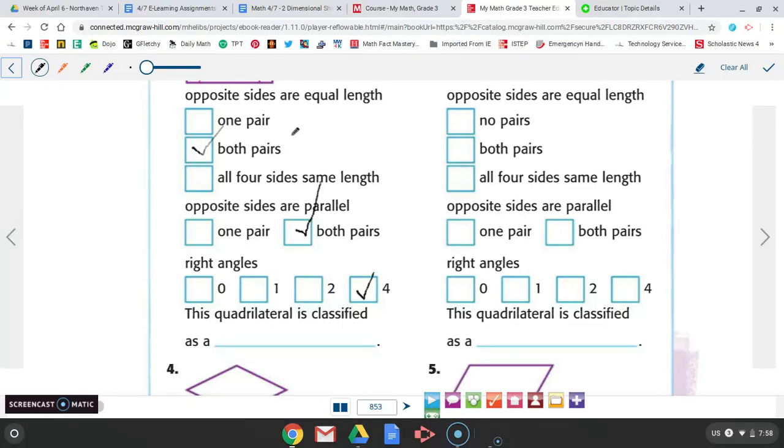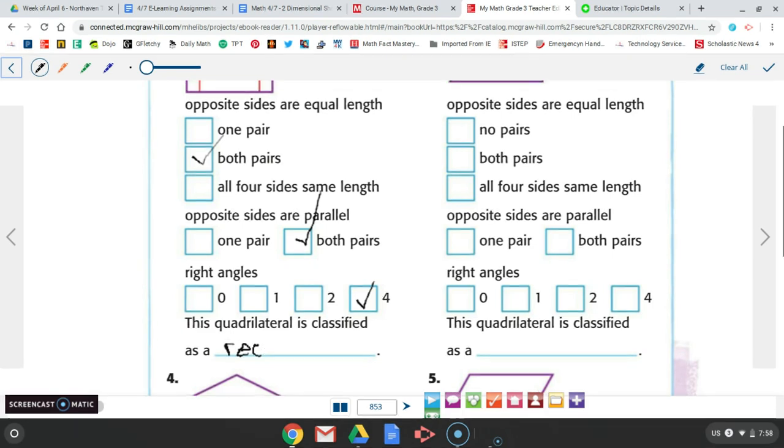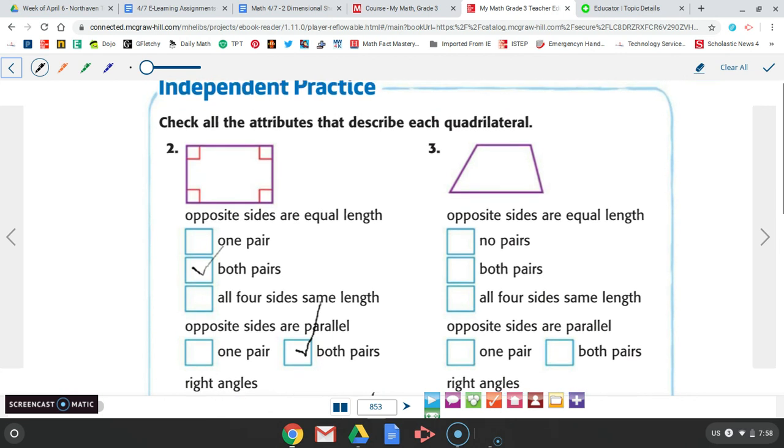So since it has 2 pairs of opposite sides that are equal, both pairs are parallel, and it has 4 right angles, I would call this a rectangle. Okay, I'm not going to write the whole word because it'll take me forever to do it with my mouse. So I'm just going to put rec. That stands for rectangle. You go ahead and write the whole word. Okay, rectangle. Let's look at number 3. So opposite sides are equal length. I don't really see any sides that are equal length. Maybe this